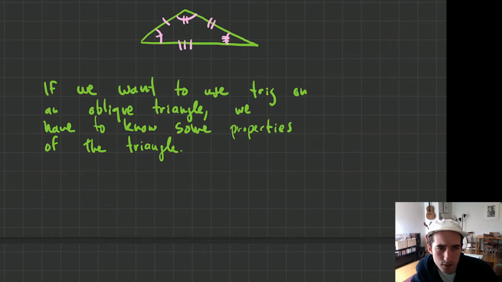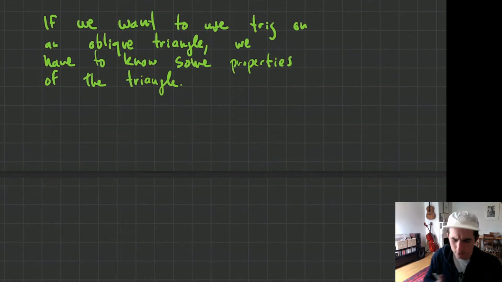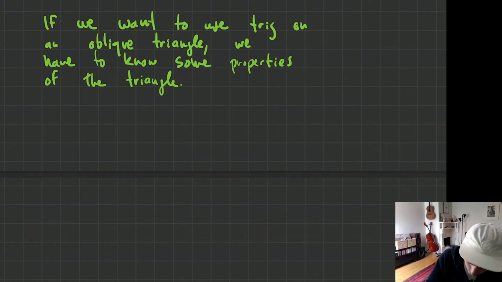what if we only know one of the angles, but we know the length of 2 of the sides? Do we know everything about the triangle then? Well, turns out yes. We can learn a lot about the triangle, even if we only know a little bit about it. So one possibility is that we know, like, what if we know